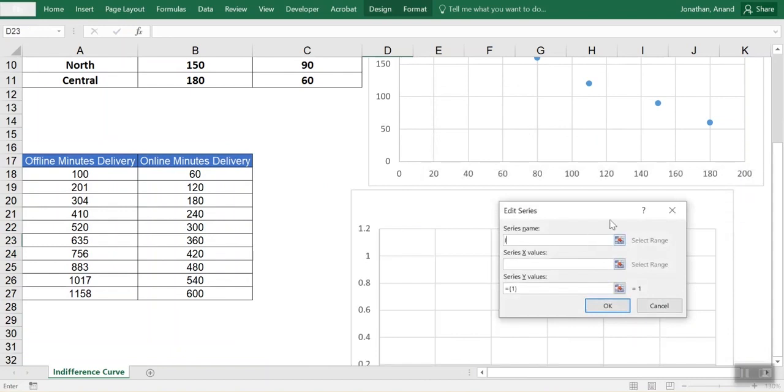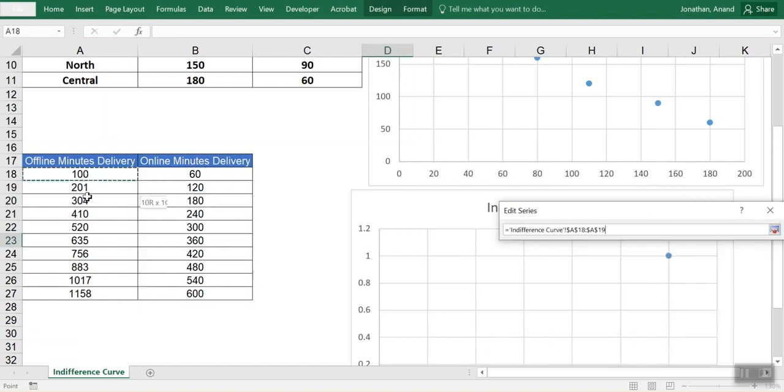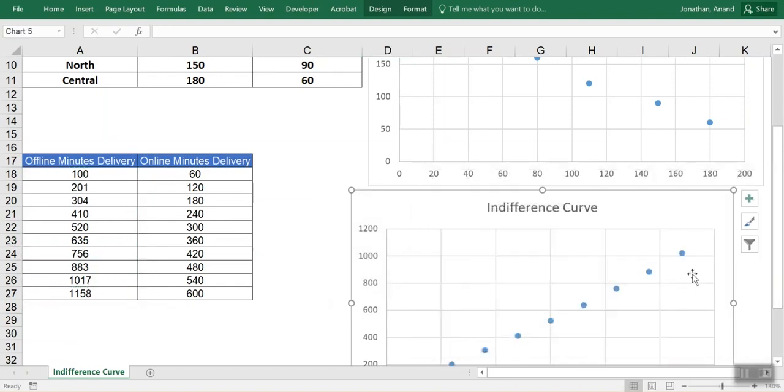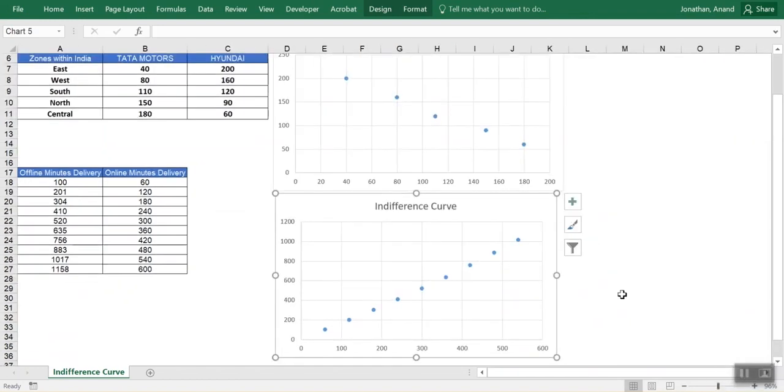I'll say indifference curve here. You'll go to the x-axis and select the online delivery. You'll go to the y-axis, select the offline delivery, and that's it. You'll say okay. So friends, you will see here a different kind of indifference curve, which is showing the consumer